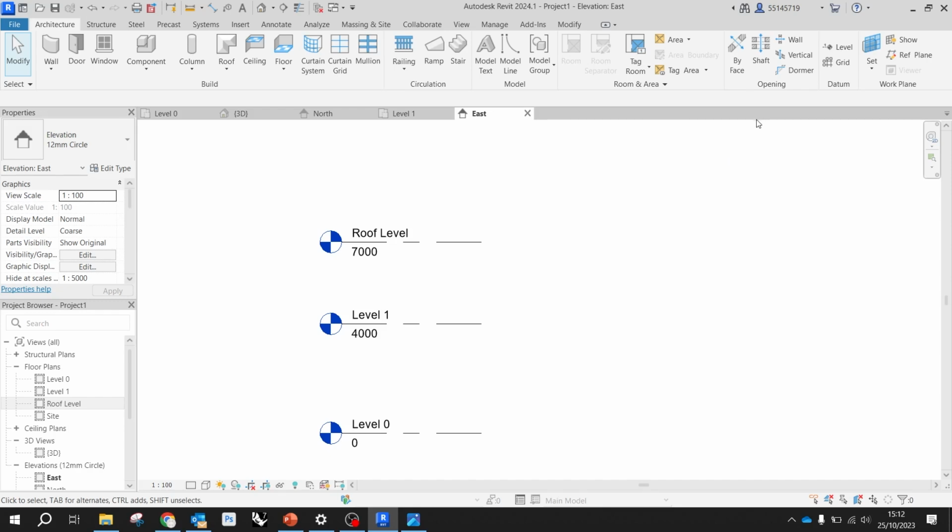Cool. Did you all manage to create a new level? Yeah. How do you align the levels? To align levels, I'll show you. Not a big deal really, but